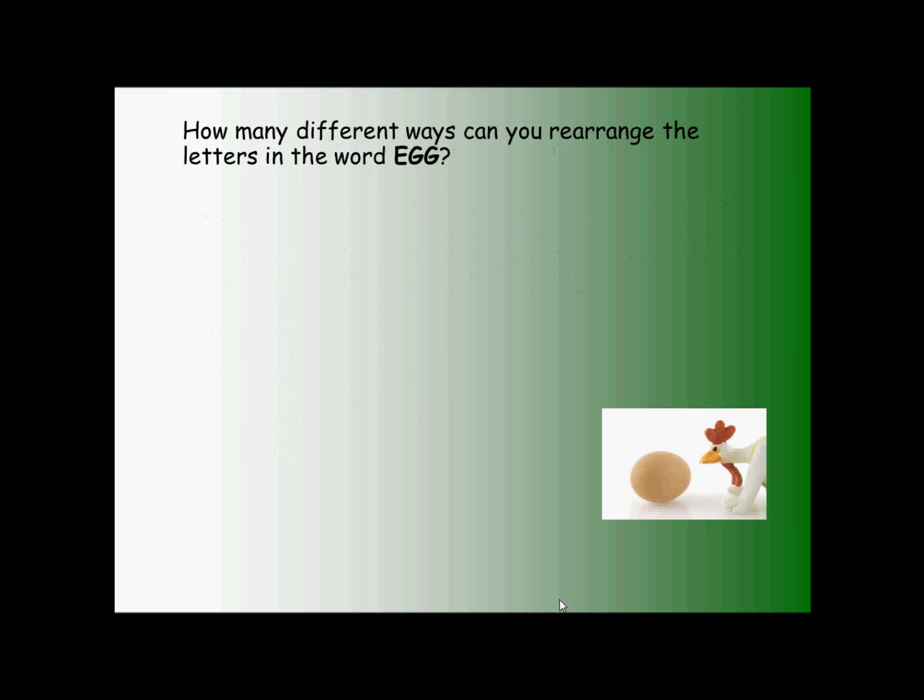Second example, how many different ways can you rearrange the letters in the word egg? Now, egg is similar to cat in that we are still working with 3 letters. However, egg is different from the word cat because we now have repeated letters happening. So we have 2 G's in this word. So let's actually make a list of all of the possibilities that we have here. And before we start rearranging letters, let's mark one of the G's so that it's different from the other one. So if we mark one of the G's with a star, we've got E, G, and then G star